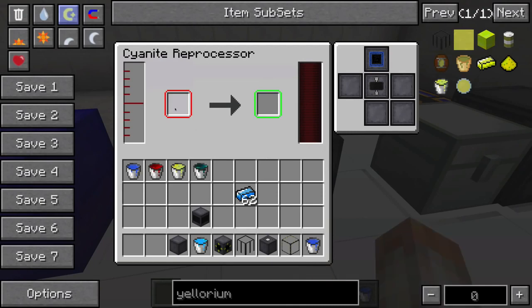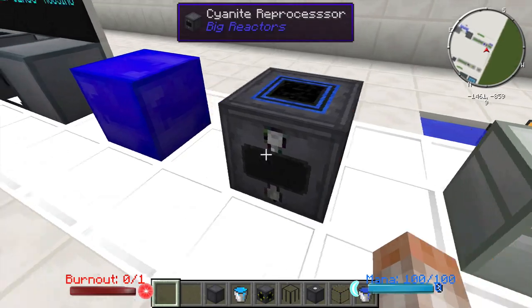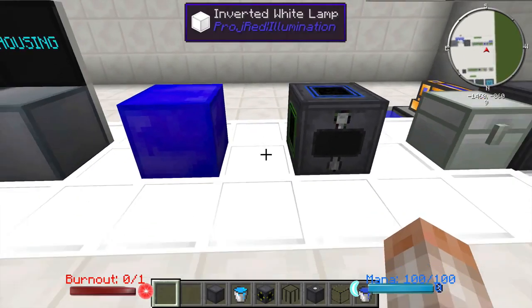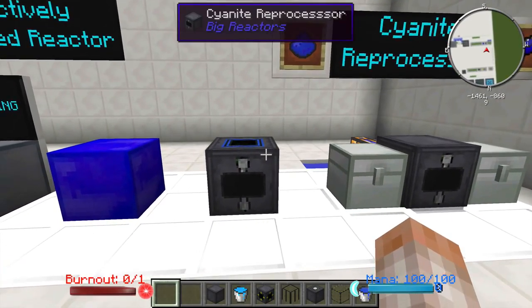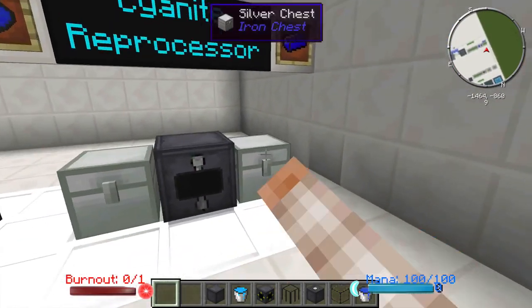If you want the cyanite to come in on, let's say, this side, you can make this side red. And if you want the plutonium to come out over here, you can make this side green. Okay, so it's a highly configurable block. Very easy to use, just need some power and some water, and you can go ahead and start making some